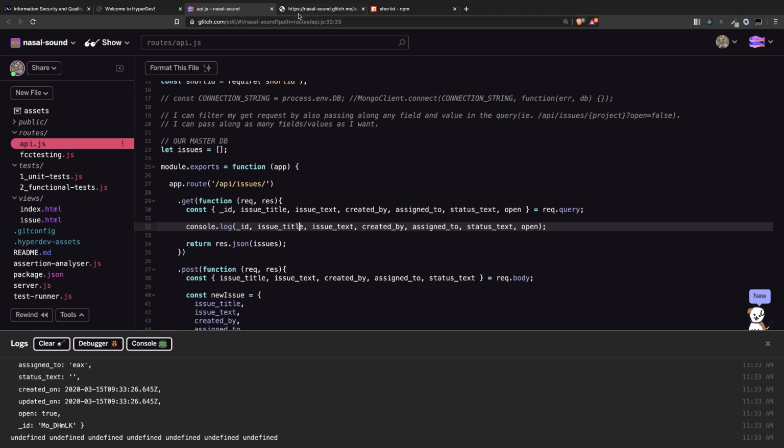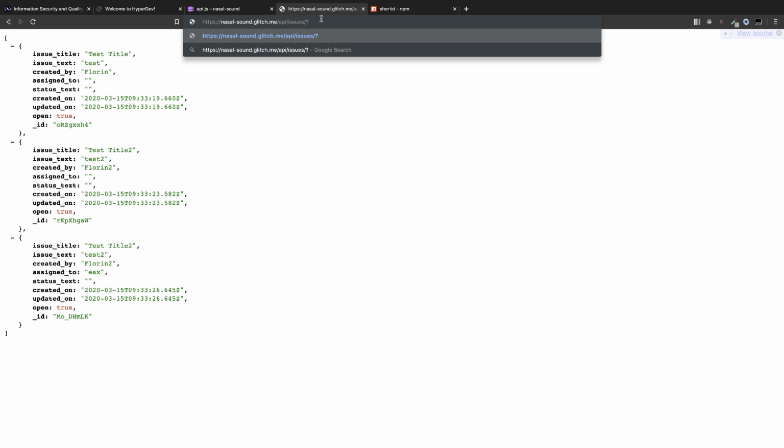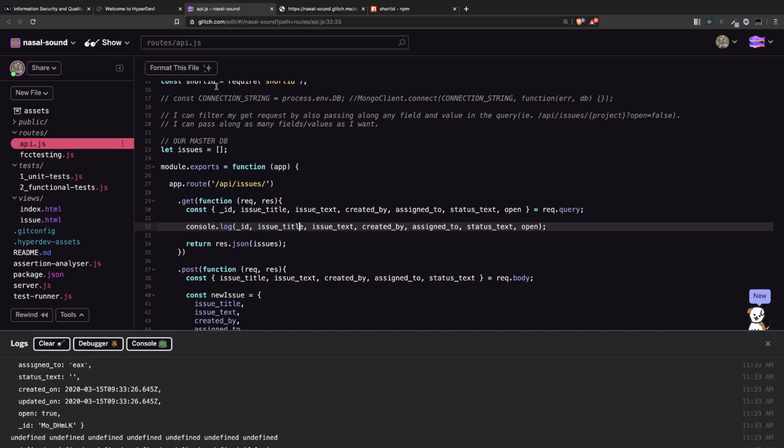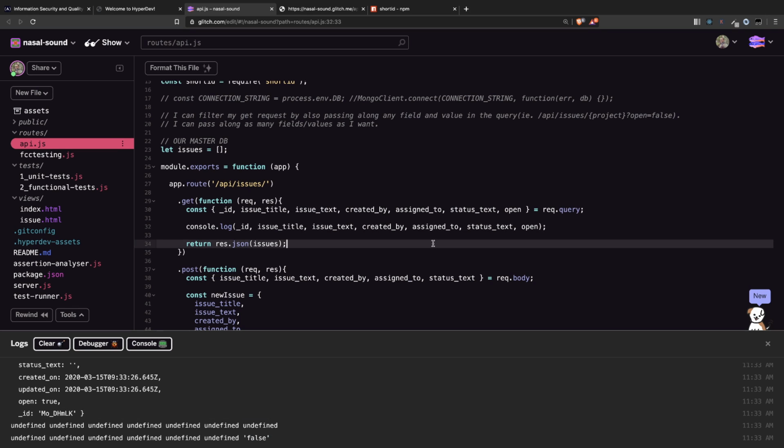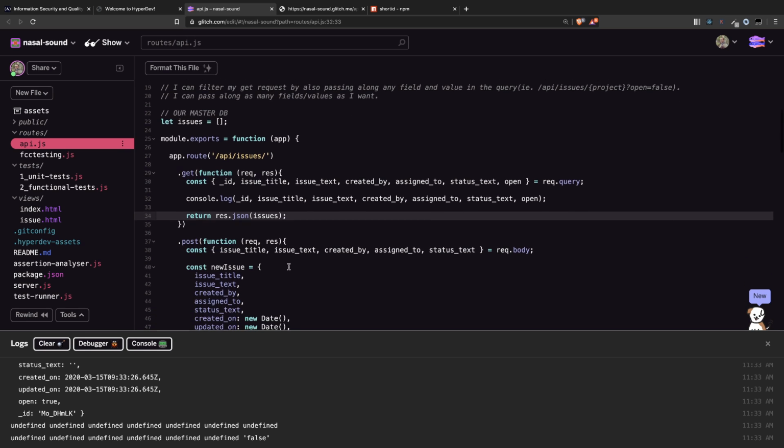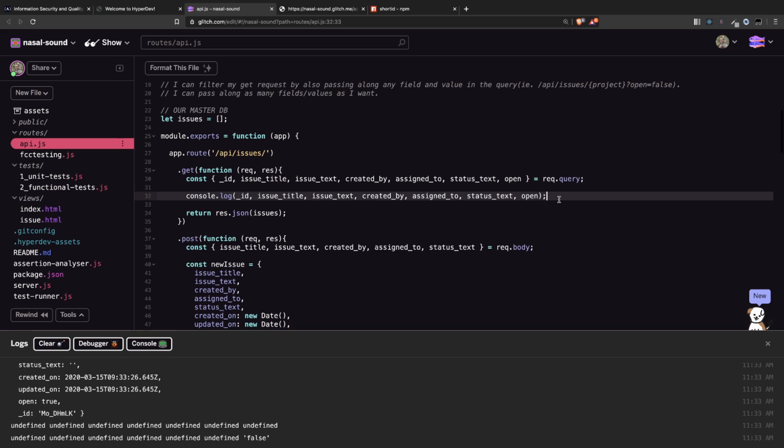And we should be able to open. Okay, so question mark open is false. Now here, undefined. Okay, look at that. Open is false. Good. So now we need to go. Should we do the filter on all the fields? I'm not sure. Although that could work. It will be a little messy, but let's do that and then we can try to